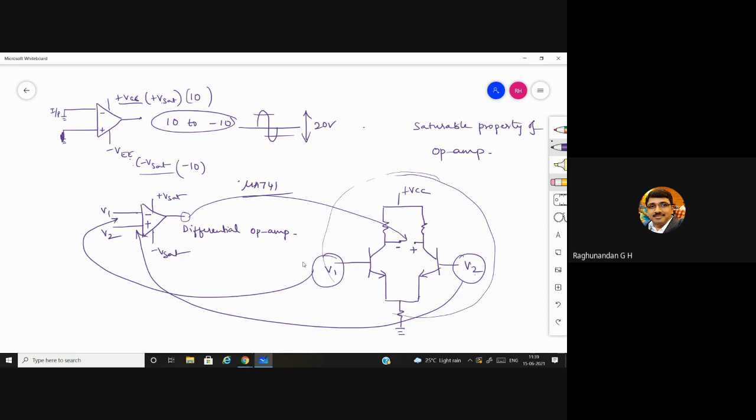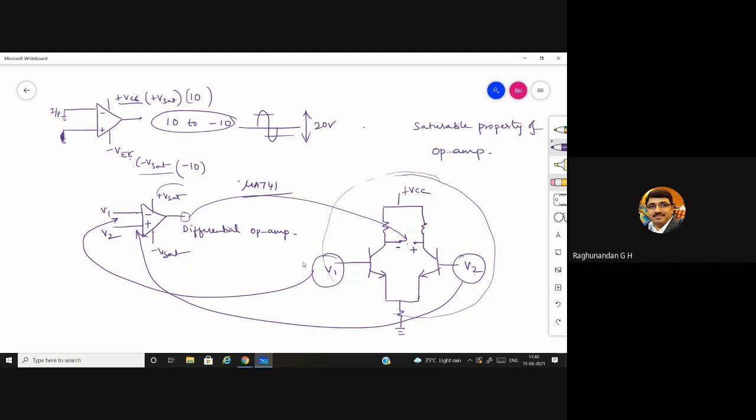When you take the output between these two collectors, it is going to give the difference between the output of these two. That's why I was telling in differential op amp, it is not only taking the difference of the input signal, it is also amplifying. So these transistors are used to amplify the signal. Both are amplifying the signal, then they are going to give out. Since we are taking between these two terminals, it is going to be the potential difference between these two terminals. As you know, potential difference is the difference between the two extreme ends. So output will be the difference of both of them.